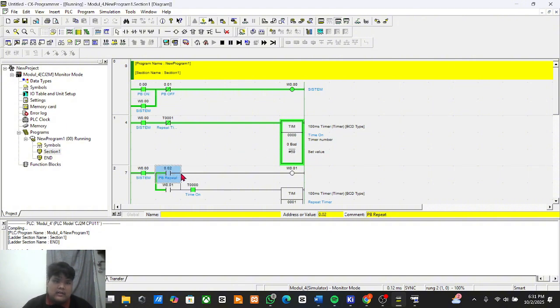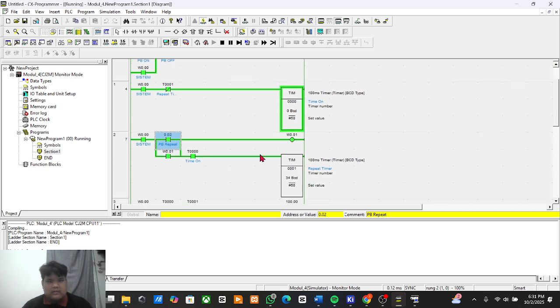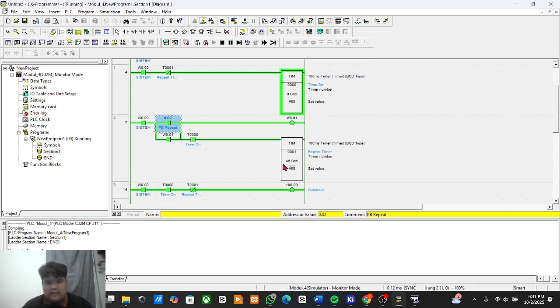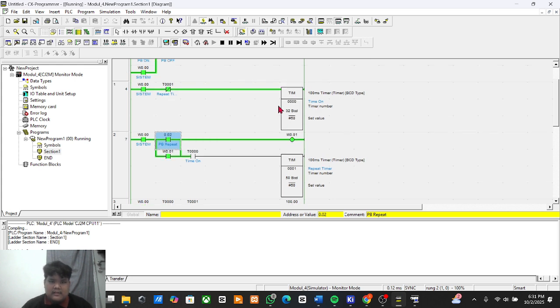And now we turn on the repeat push button. The repeat timer will be counting until the time on this one turns off.